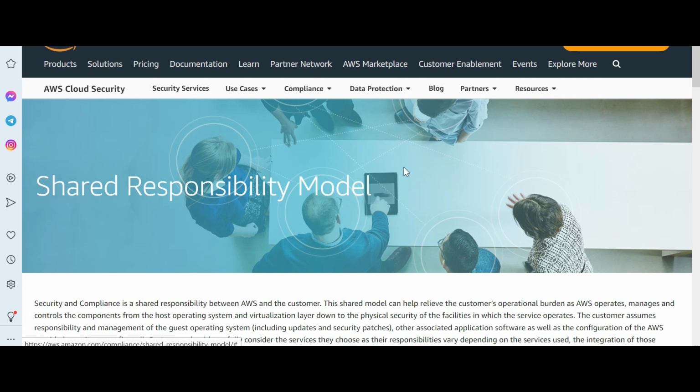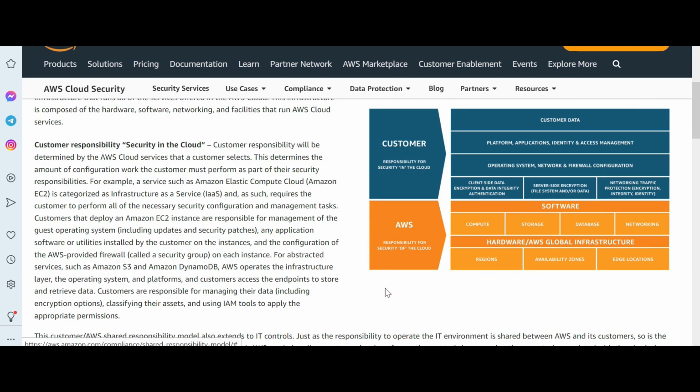If you are a husband and you have a wife, both will have at least equal contribution or some kind of shared responsibilities. As a husband, you cannot just lie on the couch and ask for a glass of water. You also have to work. Basically, what AWS says is you cannot be a mute audience.